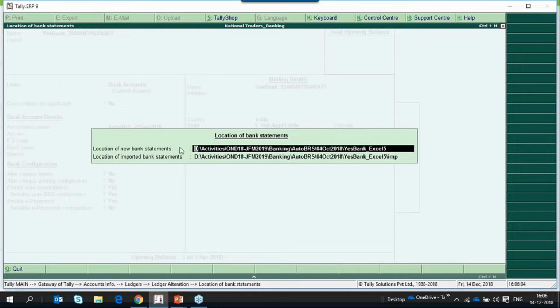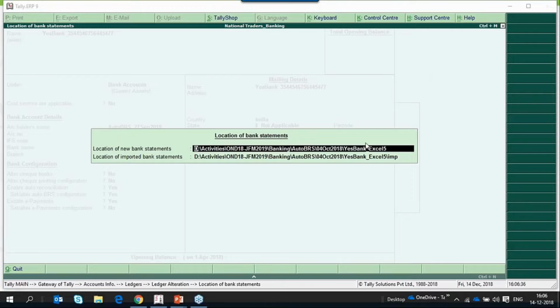So the location of new bank statements we have configured, and once the bank statements are imported, if the imported bank statements has to be moved to a different folder, then a new folder location can be configured against this location called location of imported bank statements. So this will help us bifurcate the fresh statements and the imported statements.